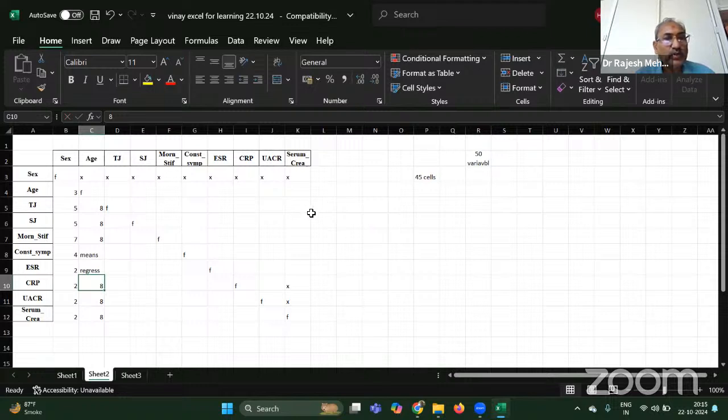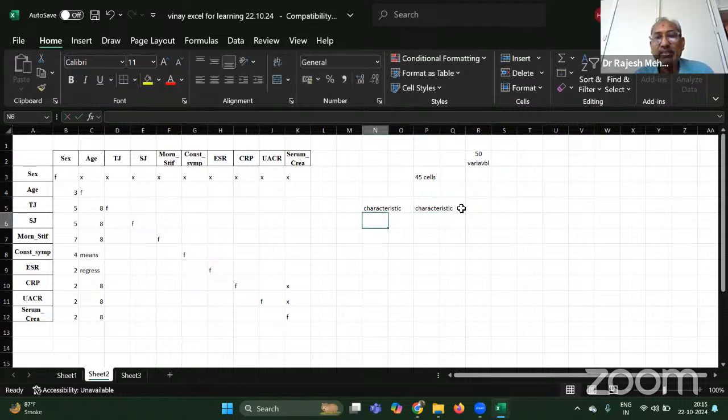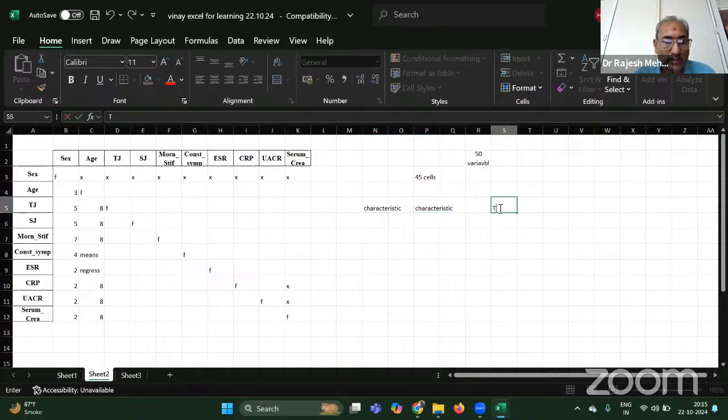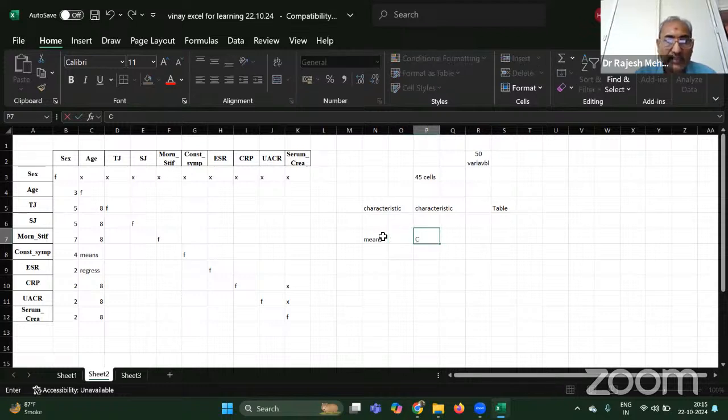So you should know that if we have characteristic versus characteristic, that means category versus category, if you're going to compare, you should use the table command. But if one variable is where you can find out means, and the other variable is a category or characteristic,